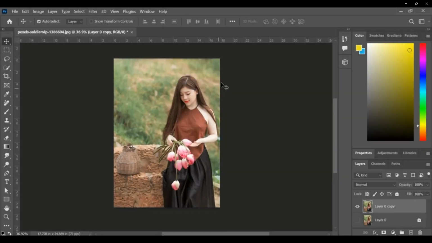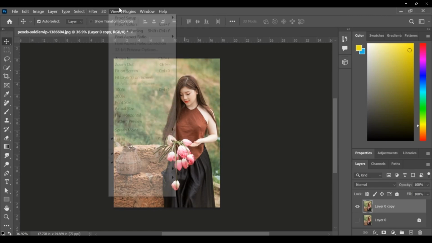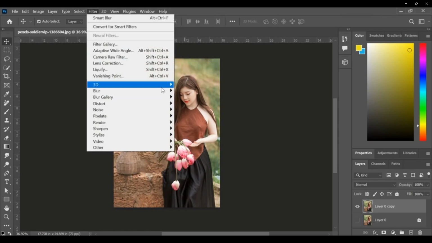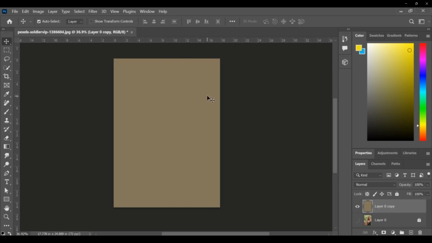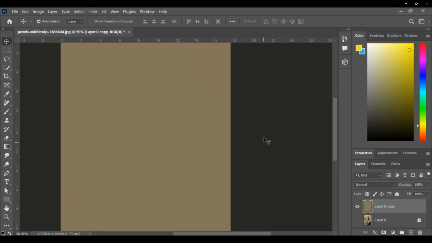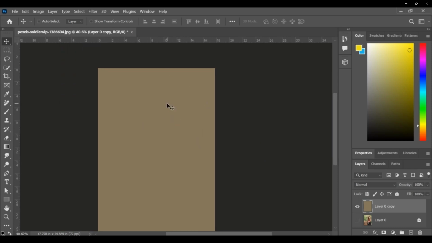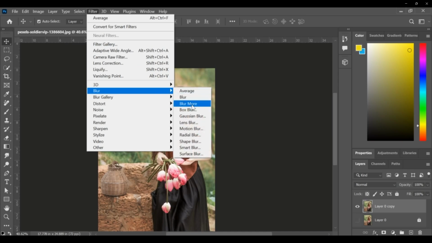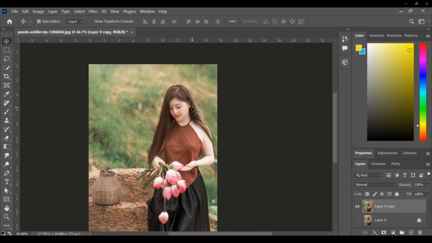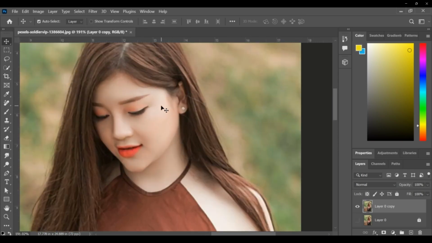Okay. Next, from filters, I'll check the blur options. Let us check one by one. First, I'm applying average. After applying the average blur, it is directly applied on the photograph, so I use Control Z and then check the other one, blur more. Okay, here it is applied on the image,